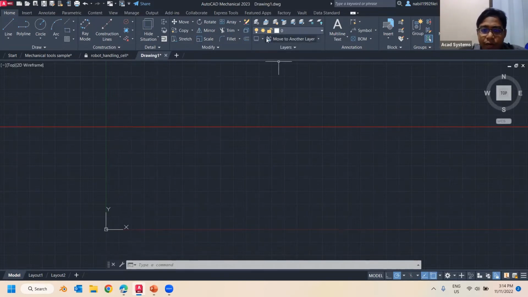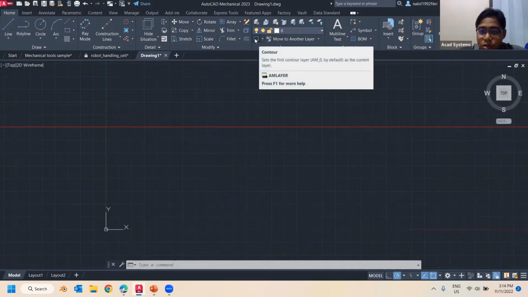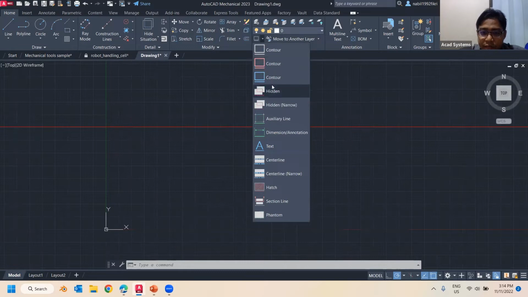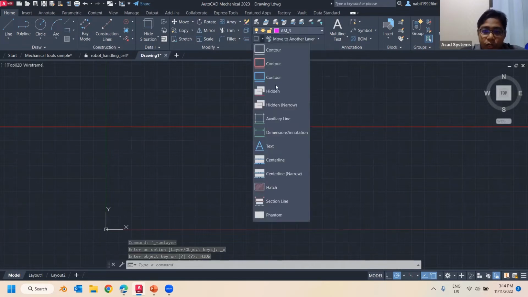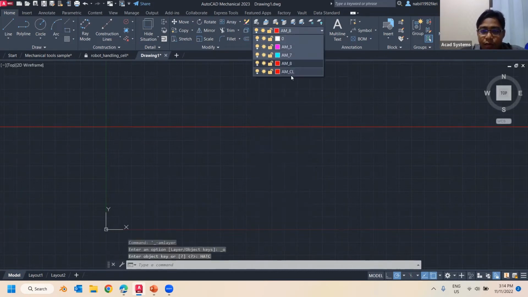Right? So there are many other layers. If you drop down here, we have contours. If you drop down here, we have multiple things. This is the layer that you can add. Maybe you want to add the hidden lines. Then you can see the hidden line layers are automatically created for you. The text lines, the dimension line, the hatch line. So everything will be automatically created for you. So AM_8 is the hatch line. So talking about hatch lines,